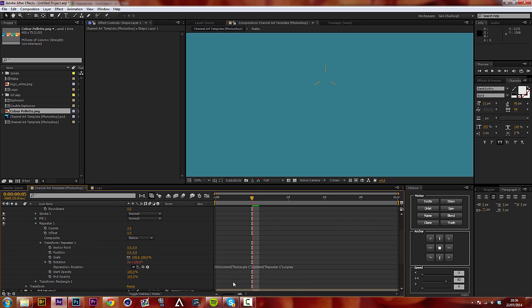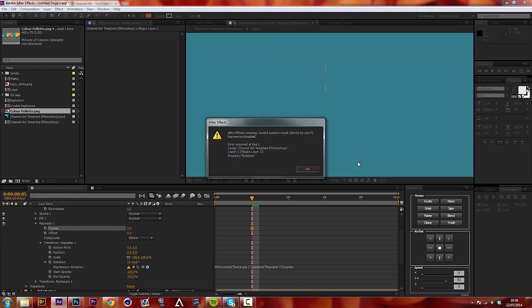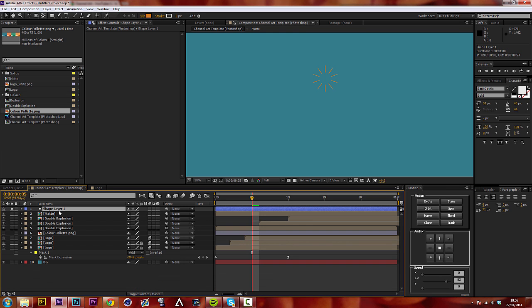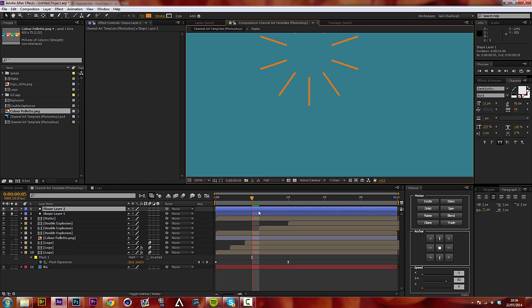So basically what this does is it will divide the entire radius of a circle by the amount of copies. So no matter how many copies we put in, as long as we don't go to 0, it will distribute them perfectly. So we're going to add about 10 here, and then we shall duplicate this, move it forward a little bit,